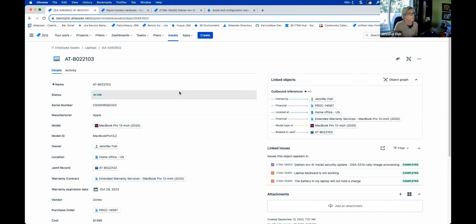So for example, let's use this one here that we have on the screen. We have a PO for this laptop. Well, on this PO, we'll have several laptops. So it's important to be able to have that one PO referenced in multiple places, and that PO will be used in other organizations' practices, like IT finance will use that PO and have a whole separate set of workflow for it. So that would be something I would have as a separate object and just have a relationship to it. Did that answer your question, Jimmy? Okay, cool. We will talk about automation. Actually, it's part of our demo that we'll get to in just a second.